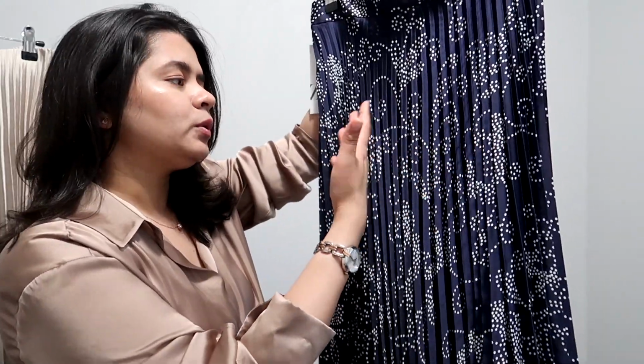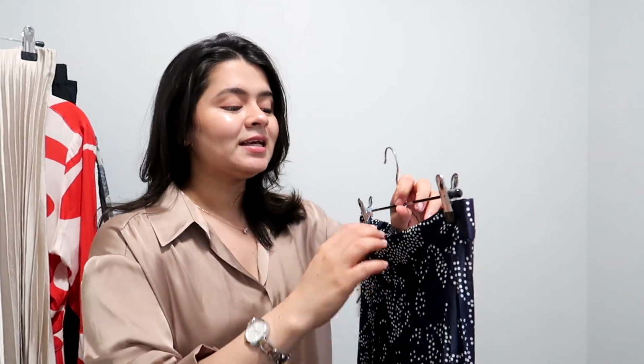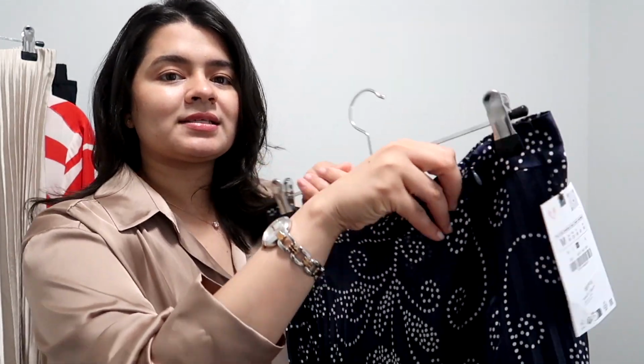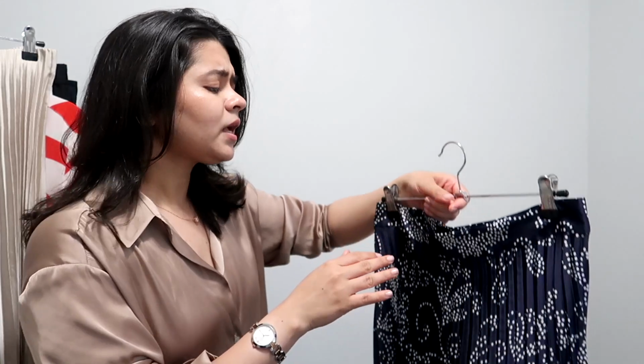It does have that white polka dot design, but I do think it's a very beautiful skirt. And also it doesn't have an elasticated waist. Instead, it has a zipper on this side, like here, which I think is very well thought out and well made, and it gives a little bit of structure to the skirt. And yes, one more thing, on the website it did say that this skirt runs small, so you do want to size up,